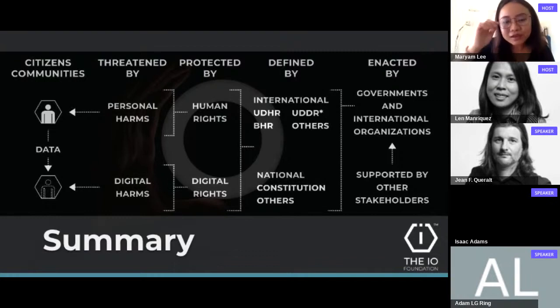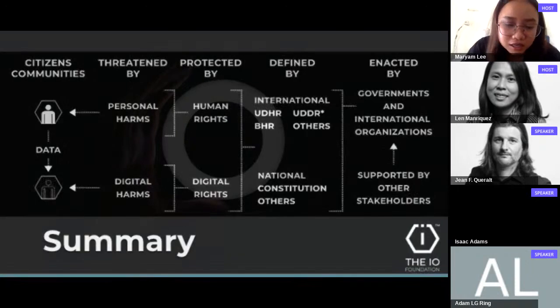So when deciding what kind of technologies to use, when deciding what kind of systems we are going to design, these are the things that you start with. You don't start with the technology. You start with thinking about the citizens that you have in mind. As someone who has the power to govern those citizens, do you believe in the right to freedom of expression? Do you believe in the right to privacy? Do we, as a society, believe in